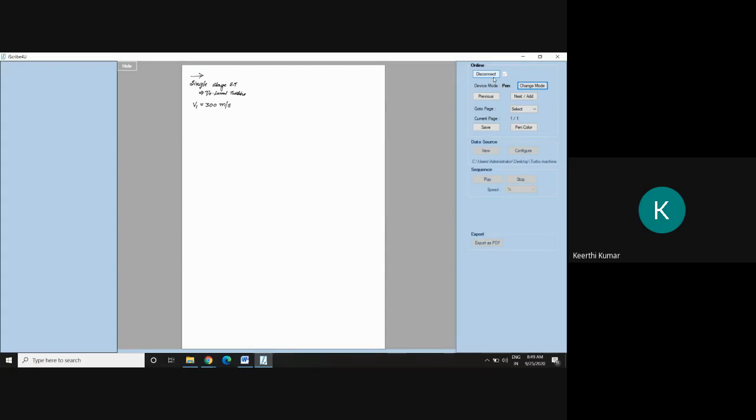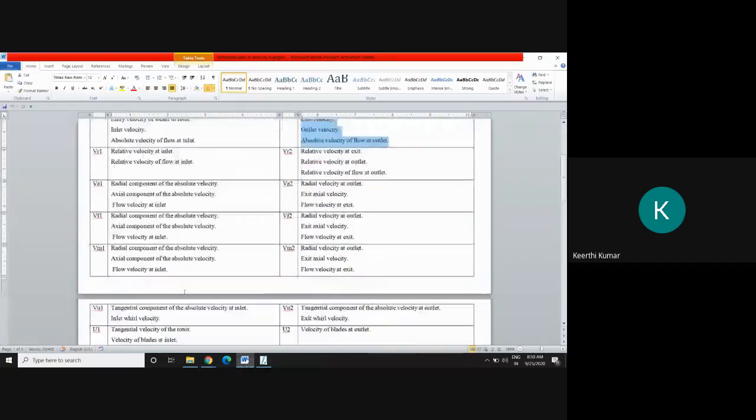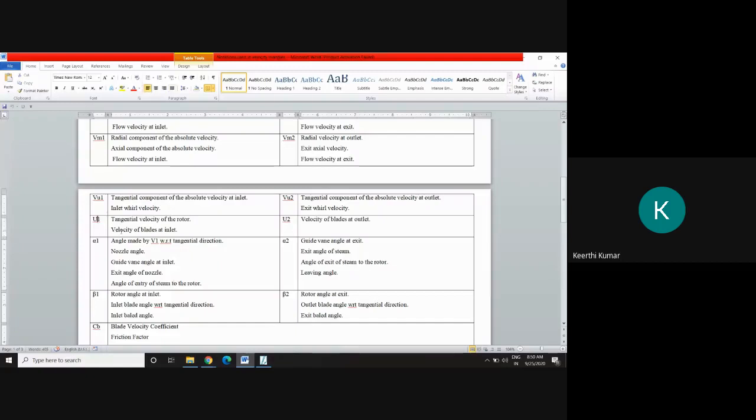And the nozzle angle is 18 degrees. What is the nozzle angle at the inlet? The nozzle angle is called alpha, and at the inlet it is called alpha 1. Alpha 1 is equal to 18 degrees. And the mean blade speed. What is the blade speed? If you want, I'll go to the sheet and show you. U indicates the velocity of the blade at the inlet, or speed of the blade at the inlet. If it is in RPM, you take it as N. If it is in meters per second, you can take it as U1. Hence in this chapter, U1 is equal to U2.